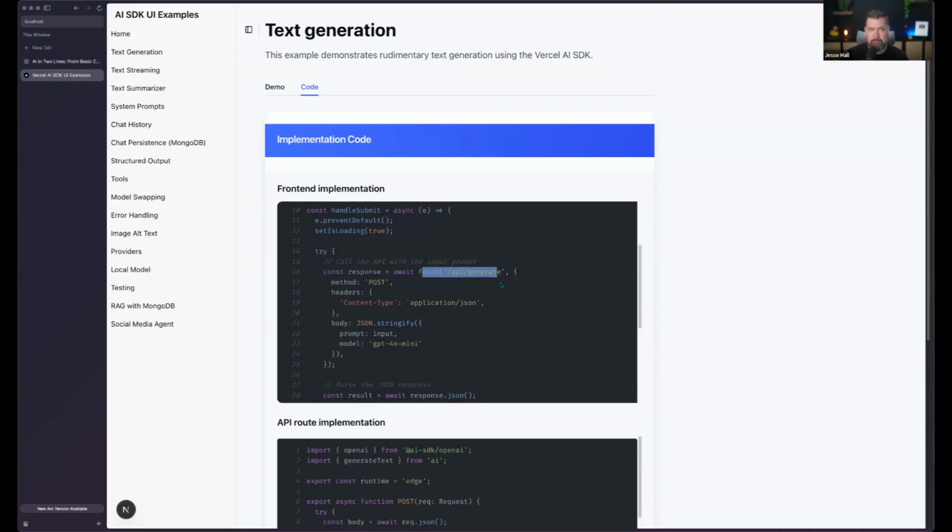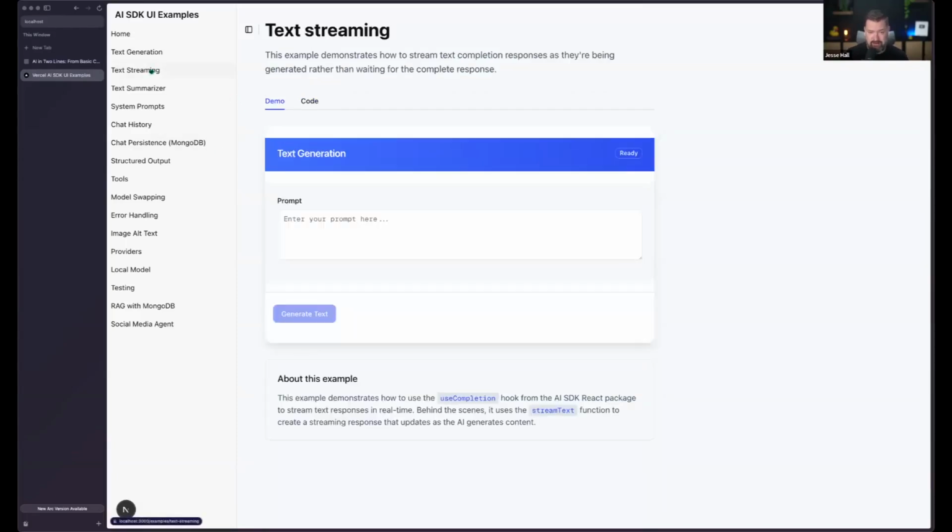Now, generating is one thing. You notice that when you generate, you click the button and then you might have to wait a few seconds and then it comes in. So even harder to implement is streaming text. Here, let's do something a little bit longer. Tracy's not here, so let's do something about this. Write a short story about how much Tracy loves whiskey. Let's see what this does.